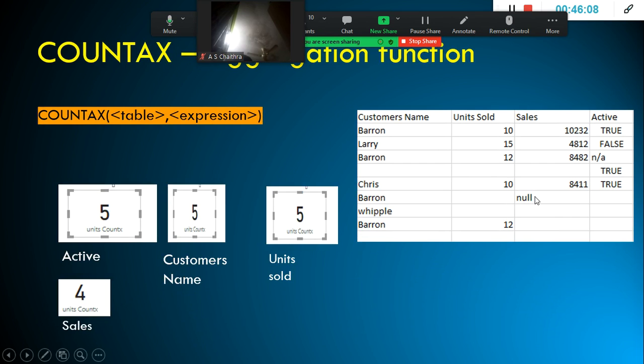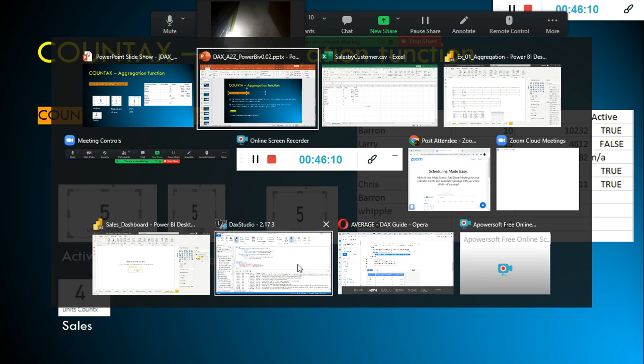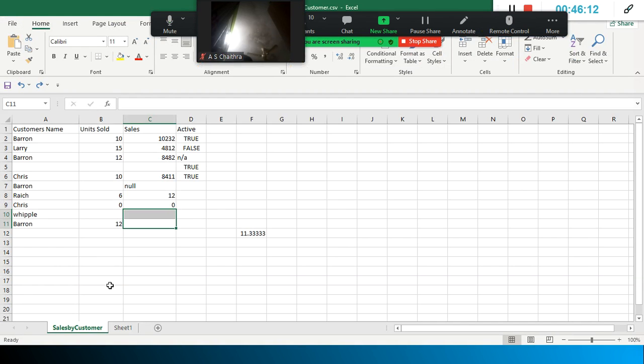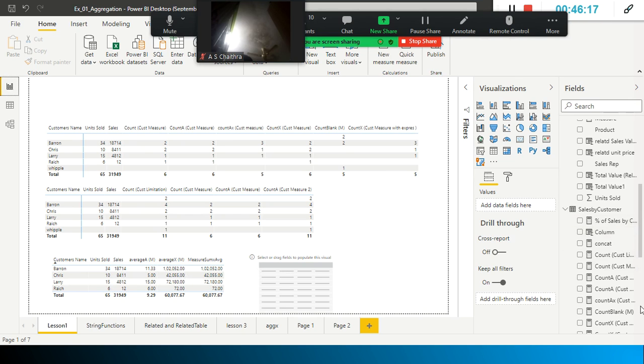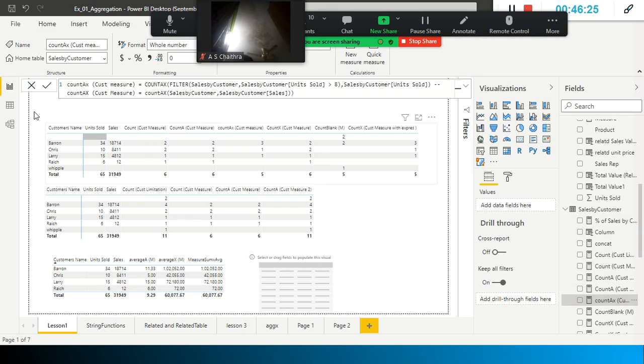Let me just validate COUNTAX. I just drag and drop with the new data and see what happens here.